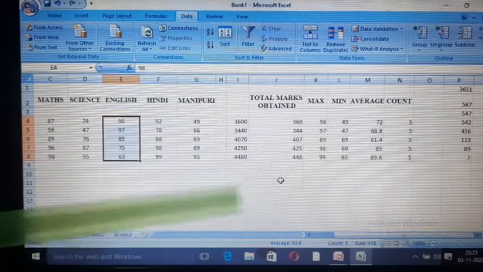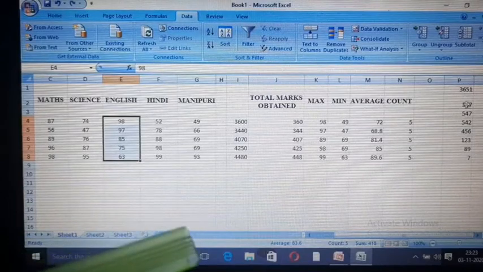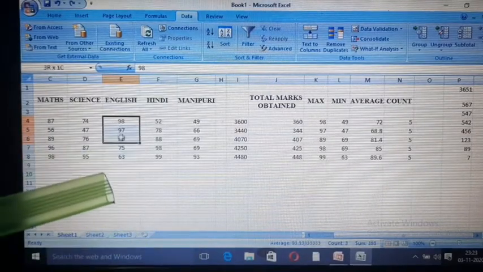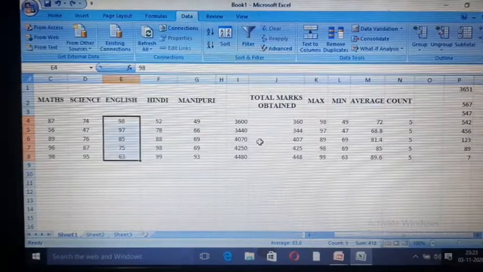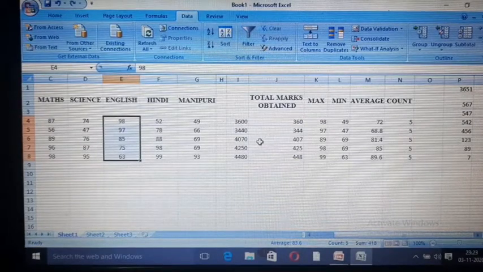Now here ends our chapter number 1, that is